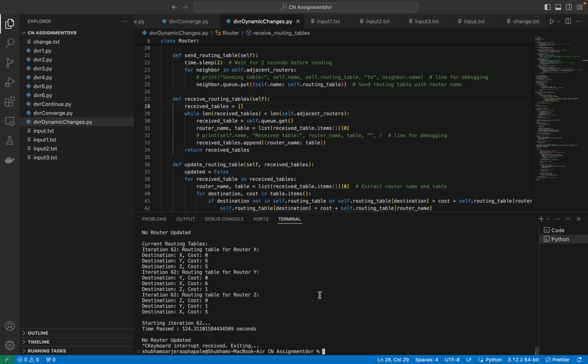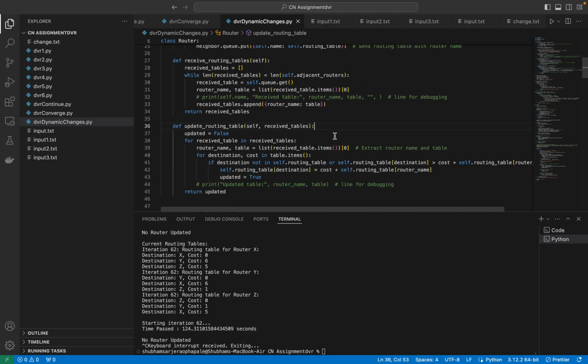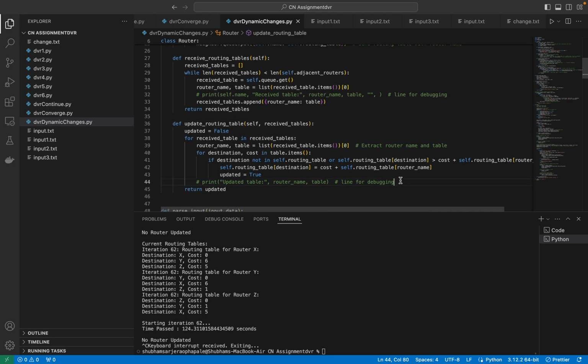We couldn't account for those count to infinity problems. If the cost decreases, then that change happens very suddenly. But if the cost increases very drastically, we get into the count to infinity problem. For that, there is a method called poisoned reverse, in which we make the cost to other routers see the cost to the another router, which is the neighbor of those changed routers, to be infinity. So by that we will be able to make this algorithm better, which works and does not go through that